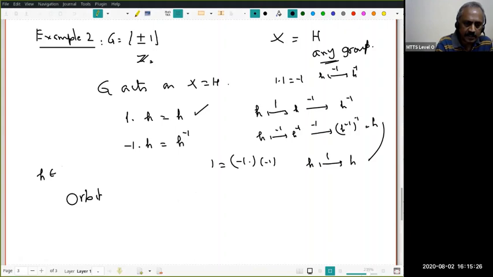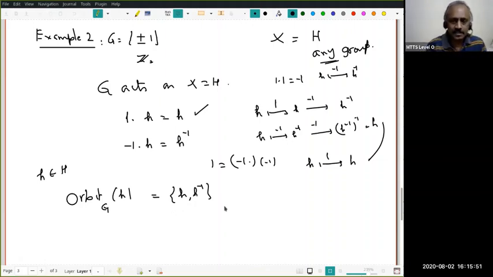Now, what is the orbit? Fix an element h in H. What is the orbit of h under the group action G? When the action is to be mentioned, you also write orbit with suffix G, that denotes the orbit under the group action G of the element h. So you will immediately say it has two elements, h and h inverse, because there are only two elements. But can it be a singleton? Yes. When? Obvious case: when h is the identity element of H. I'll denote it by e_H, but usually I do not. For clarity here, I'm doing e_H. Then h and h inverse are the same.